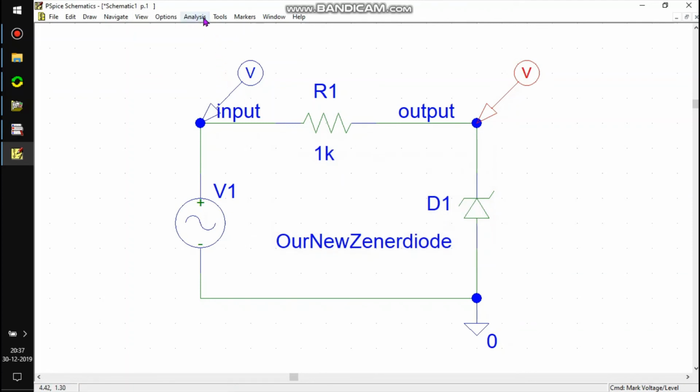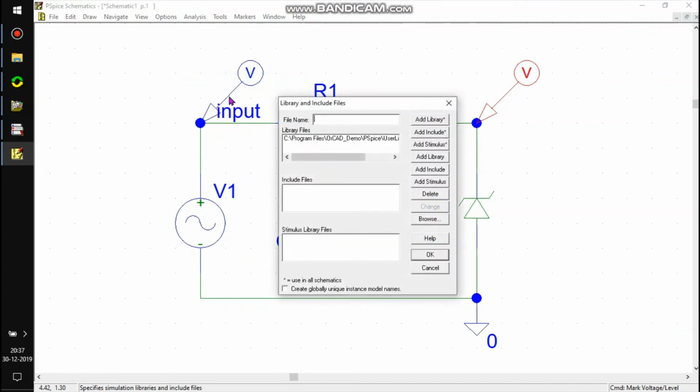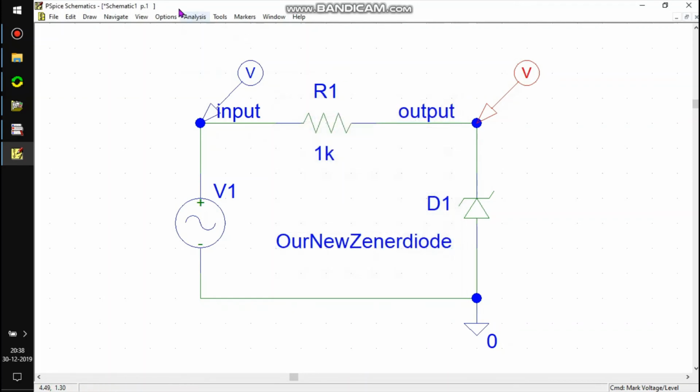Now, simulate this. Did I include the files? Let's see, I don't know. Maybe we need to include eval.